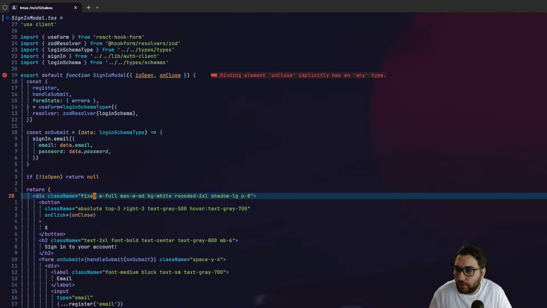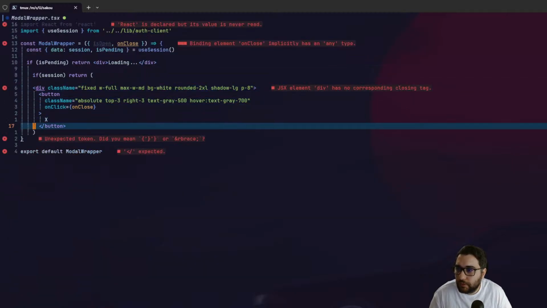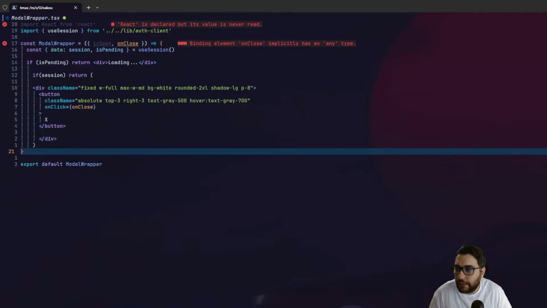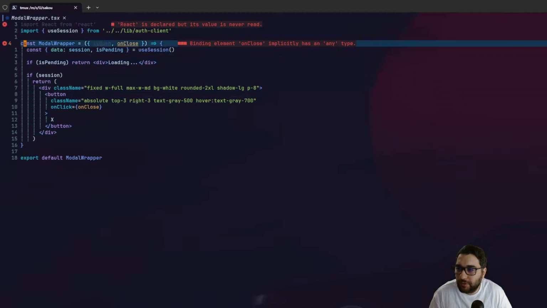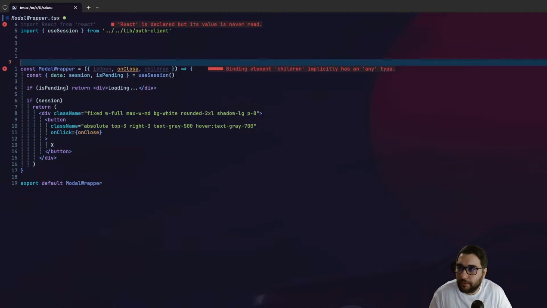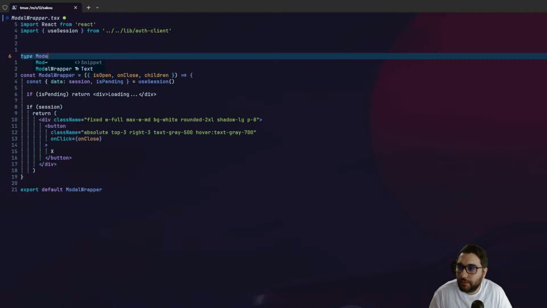So it contains this button wrapper, right? Here you go, and then here post, and what you need to do here is just close this div, right? And now this modal wrapper will also accept children basically, and guess what children is though? Oh, I need the props for this. All right, type ModalWrapperProps